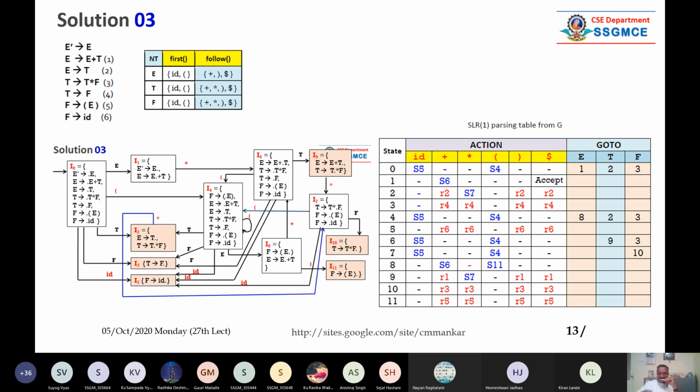You start processing the string of tokens. You go on substituting the handle and you generate start symbol, right? So our original start symbol is E and new start symbol is E dash. And if dot is at the end, means what? You have processed up to that. That's why in state number 1, in column of dollar, we have written accept. That is the logic.